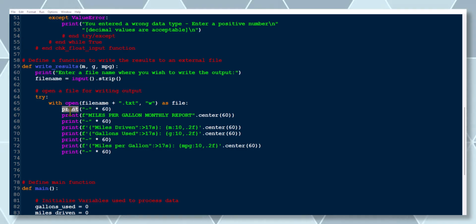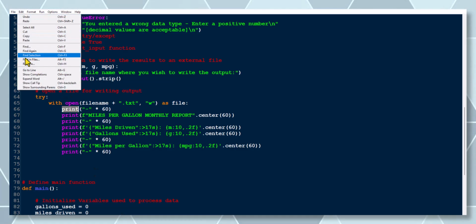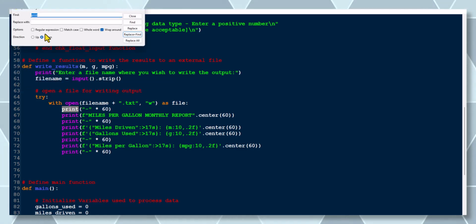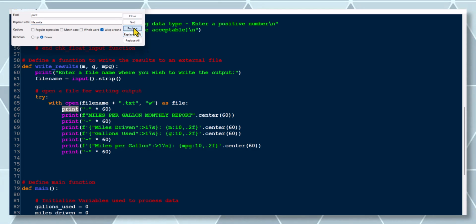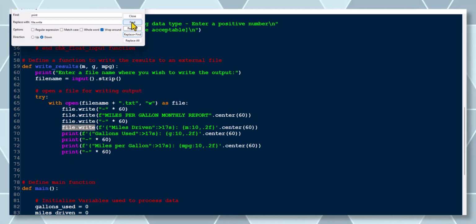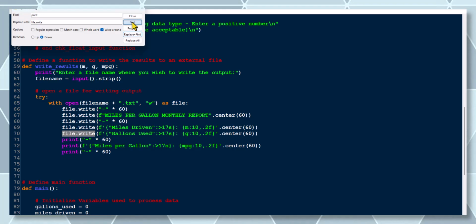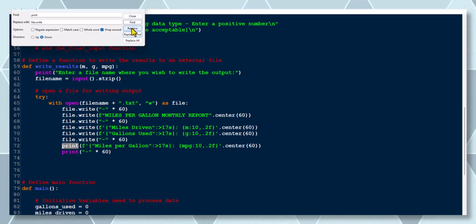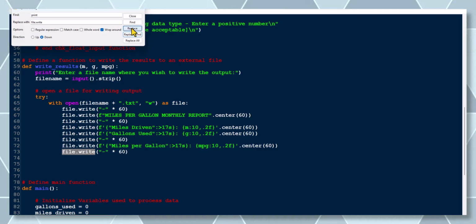An easy way to make this change would be to go to the edit menu, choose replace, and say print. We'll replace that with the file object .write. We find it and replace, find, replace, find, replace. I won't say replace all because it will replace all the print statements, and I do not want it to do that. I only want it to replace the statements that are associated with